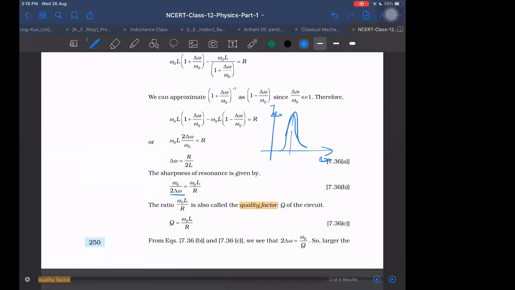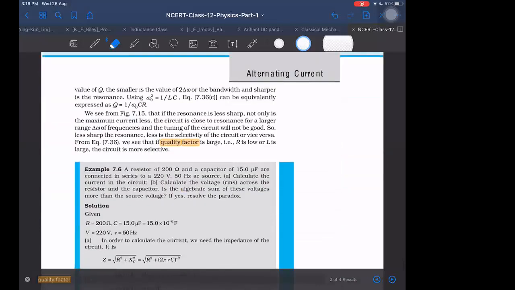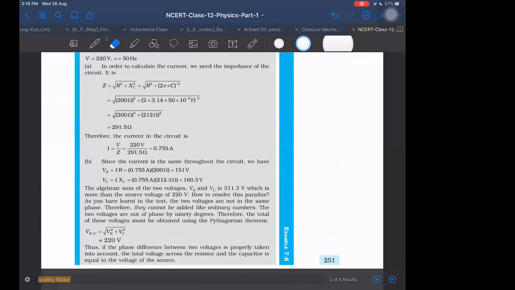That peak of that graph will become better. This has lesser peak and this has better peak. More peak means more quality and less bandwidth. That is how you can think. But don't try to generalize it. If you hear bandwidth somewhere else, don't think that bandwidth will be the same as this. That may be meaning something different also, most likely. Okay, I think it is okay then, fine.